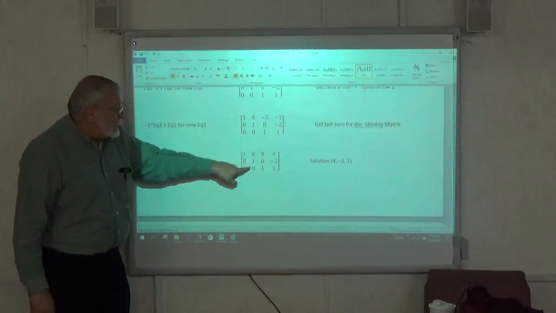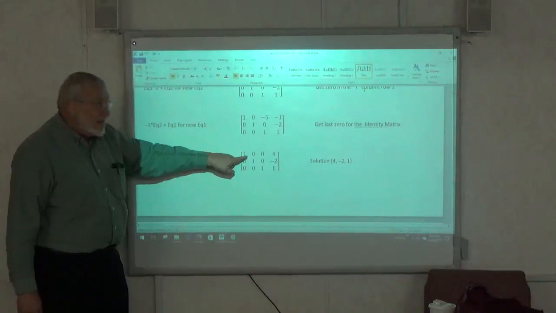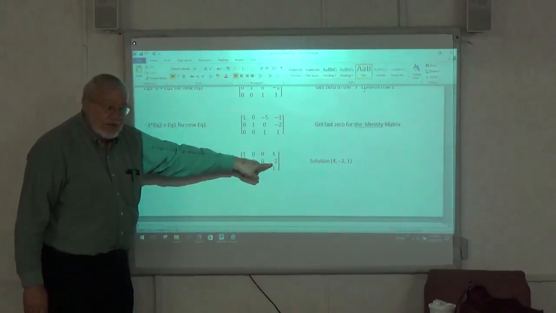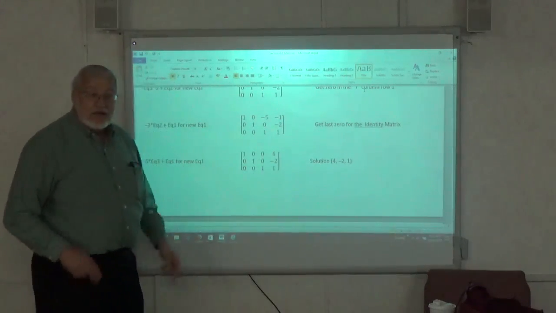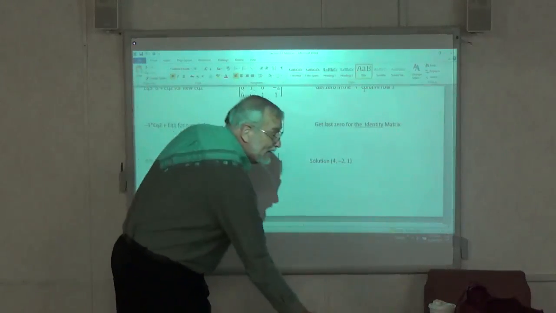And when we have the identity matrix, this augmented number says that x equals 4, y equals -2, and z equals 1. Well, that's the solution to where those three equations cross. Okay? Now, what I did for you